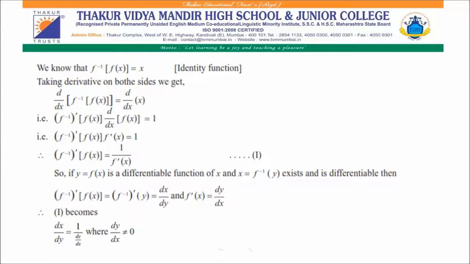Okay, so f inverse dash of f of x is written as dx by dy and f dash x is written as dy by dx. So equation 1 will become dx upon dy equals 1 by dy by dx, where dy by dx is not equal to 0. So in a question, you can directly find the inverse derivative by finding the differentiation of the function with respect to x, then taking the reciprocal of that. Okay,